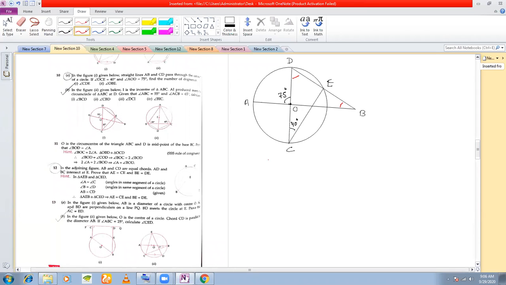Okay, so how do you find? First of all, in order to find CDE, the first question we are answering, see that this angle must be 90 degrees because it is an angle in a semicircle. See that CD is the diameter. Therefore, this angle must be 90 degrees, right? Now, if this angle is 90 degrees, then if you consider triangle CDE, you know two angles in this triangle, 90 degrees and 40 degrees. You can easily find out the third angle, right? You can or not?